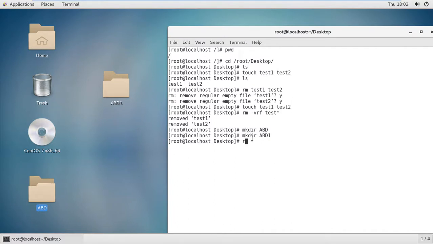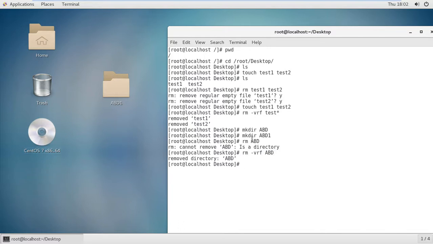When we put rm abd, it won't remove because it is a directory. So you need to use this flag. Which flag do you need to use? rm -rf abd and enter, and it will be removed. But right now one more command is rmdir.